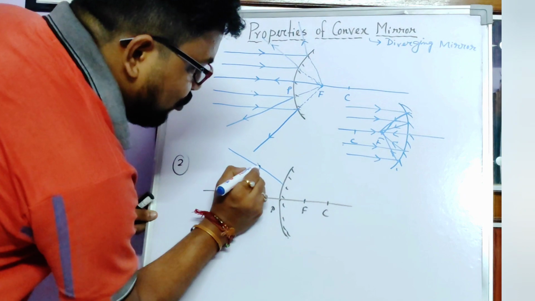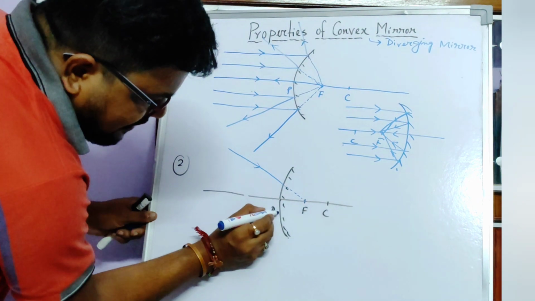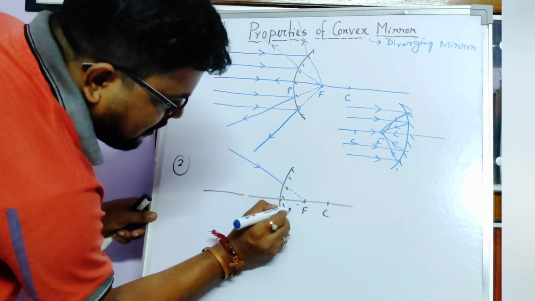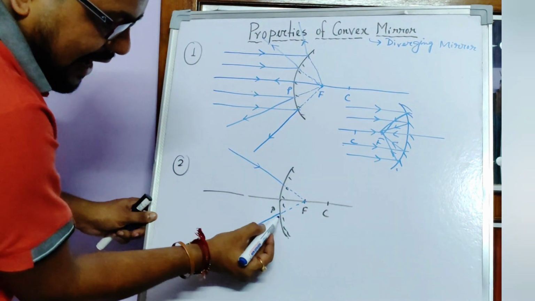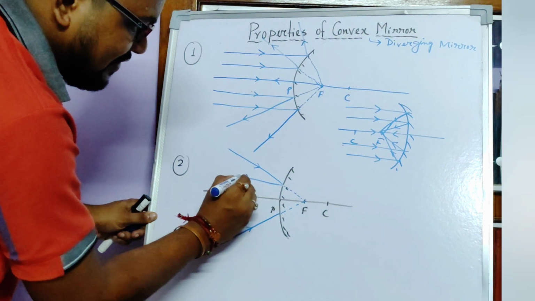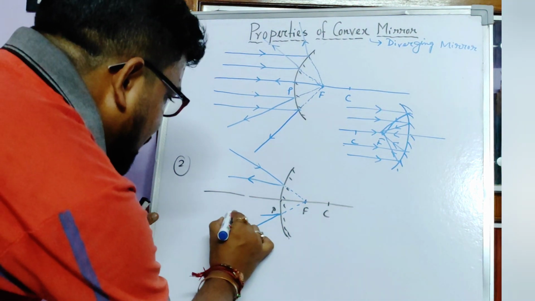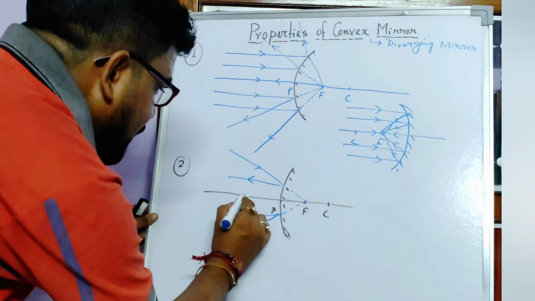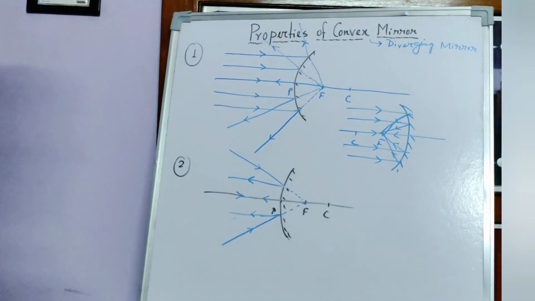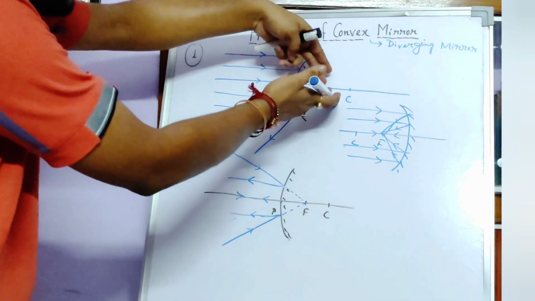So that means the rays which are going towards the focus, if it is going towards the focus, okay, after reflection at the point of incidence, they become parallel to the principal axis like this. And in case of the principal axis, if any ray is going, that will be bounced back through the same path. So remember that in this case the parallel rays appear to meet at focus.